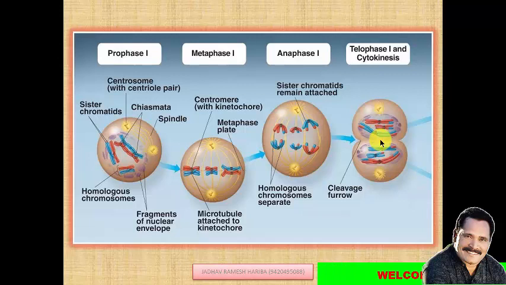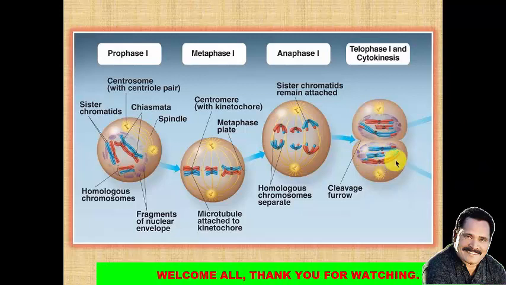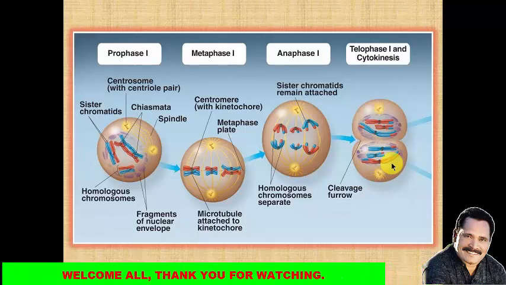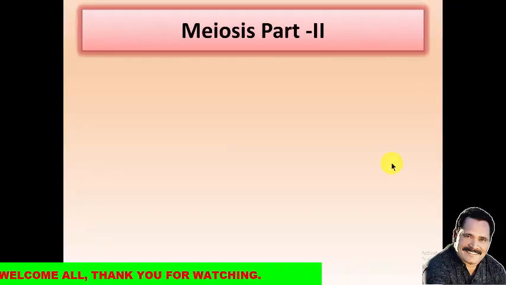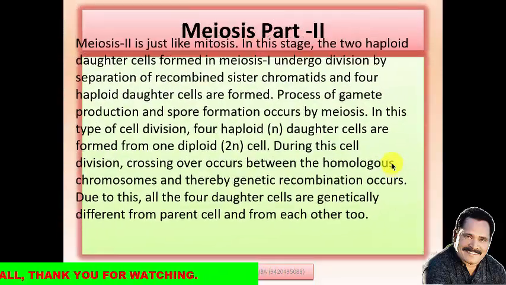After meiosis first, these 2 cells undergo meiosis second. Meiosis second is like a mitosis. Means here in meiosis first there is a formation of haploid cells. Meiosis first, what happens here? There is a formation of haploid cells, and these cells undergo meiosis second, and meiosis second, or the meiosis part second, is like a mitosis cell